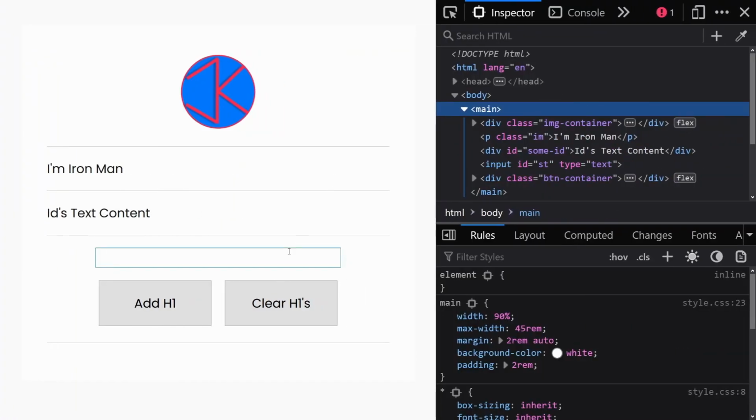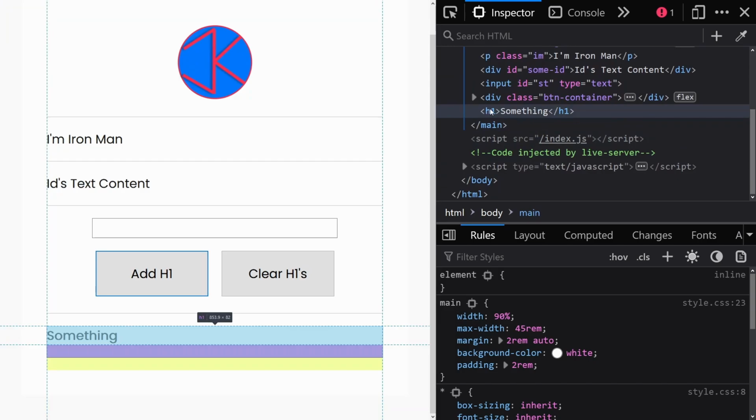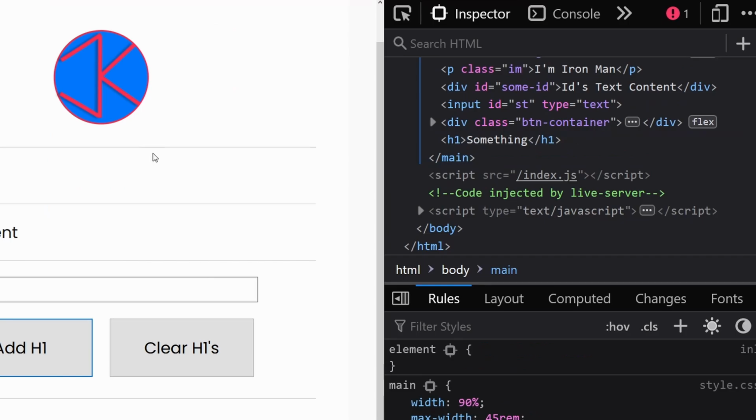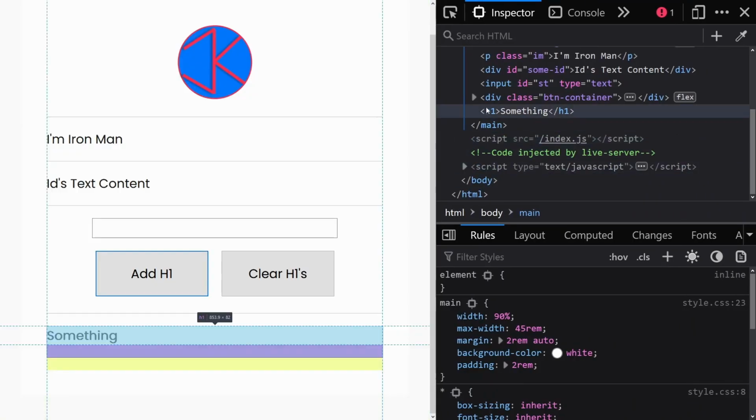So let's add something, and now as you can see here, we have a new h1 tag with something written inside of it. So as you can see, whenever we click our button, the first thing that happens is we are creating a new h1 tag, okay, because it's here, h1. You can change it to something else. If you change it to p, it will create a paragraph tag or something else. But since we are creating a h1 tag, as you can see here, we have a h1 tag inside of